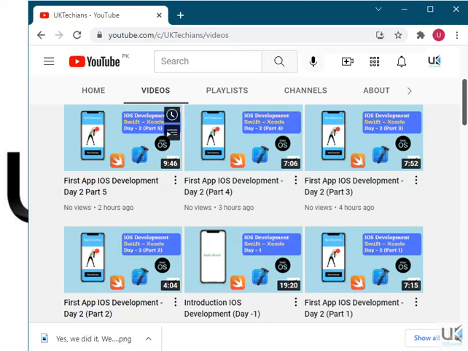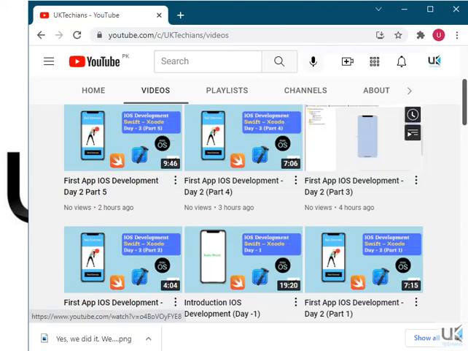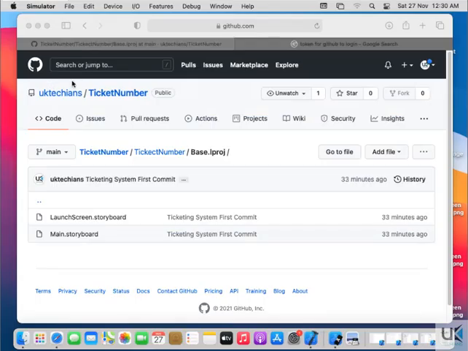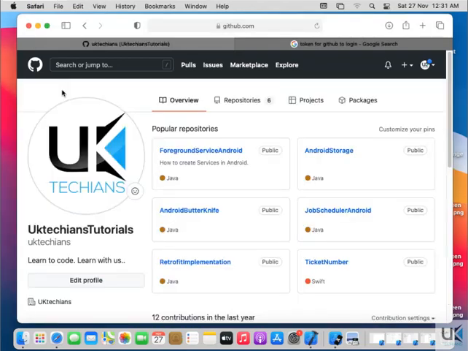So you have to watch these 5 tutorials and then practice on this application that will be available on GitHub. The project name is Ticket Number, and here is the GitHub ID of Wikit Actions. I have uploaded the Ticket Number project and you have to work on it.